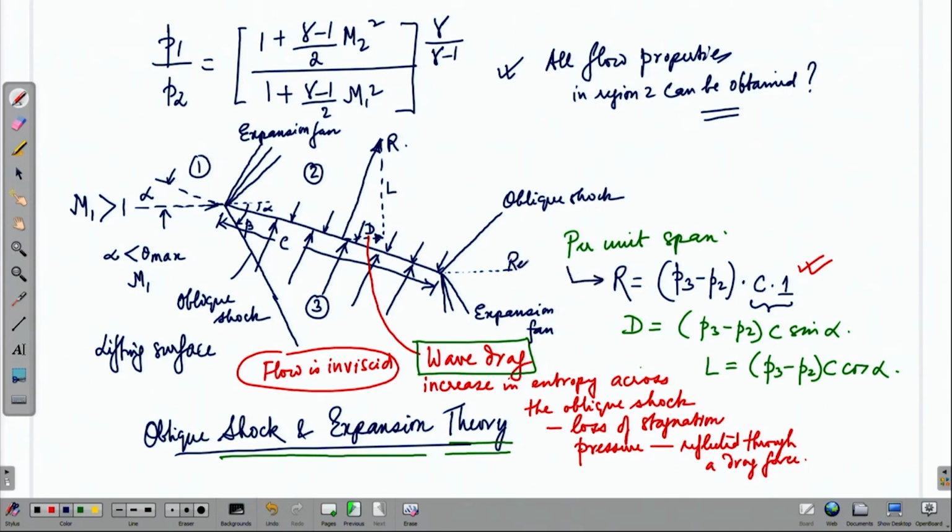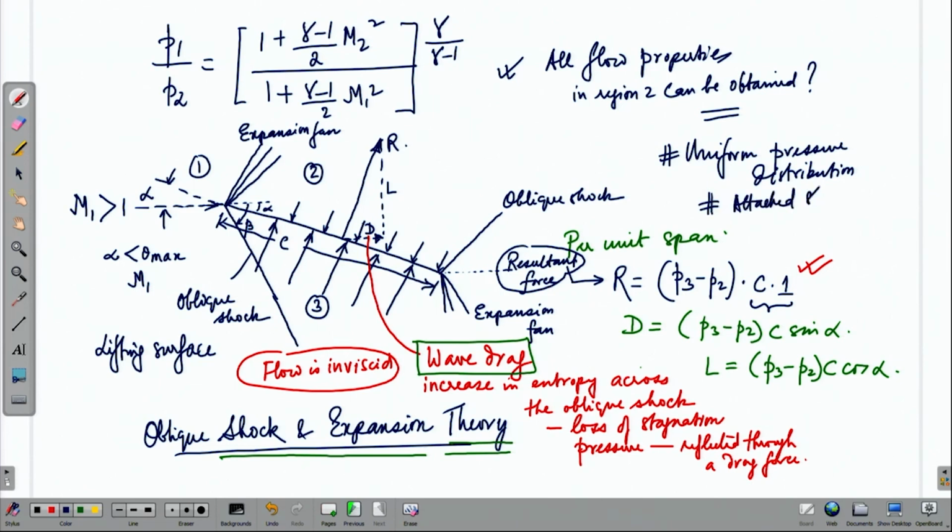So, this was the resultant force, and it came from a uniform pressure distribution both on the upper and lower surfaces of the flat plate. Moreover, we recall that we had attached straight oblique shocks,